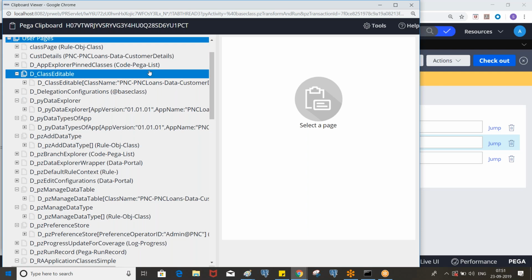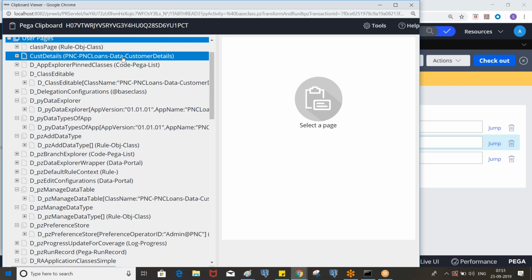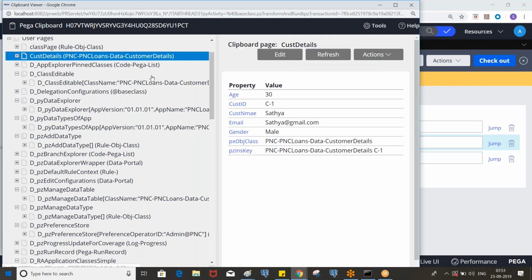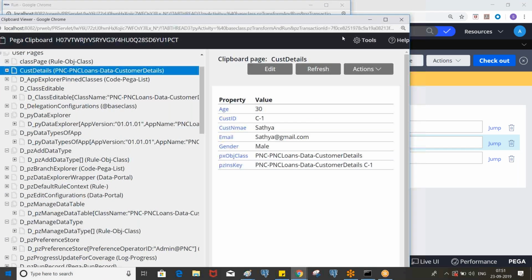That means pyWorkPage is created by referring to the work class, and here customer details is created by referring to its corresponding class. Now if you click on customer details, you will see all the data. Clear? So this is the final result of this activity.